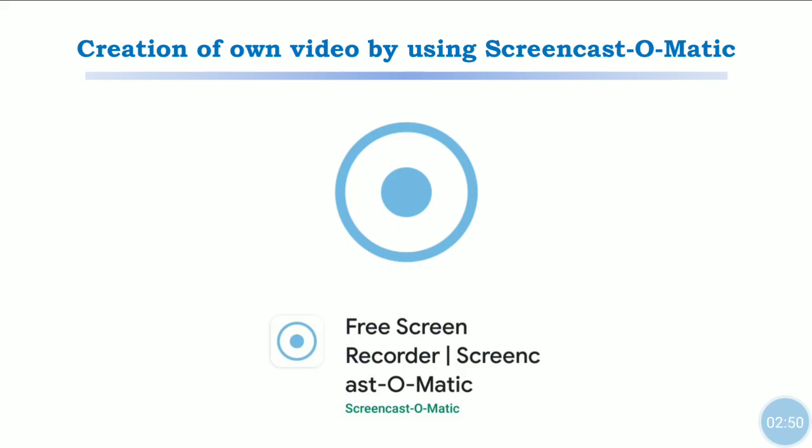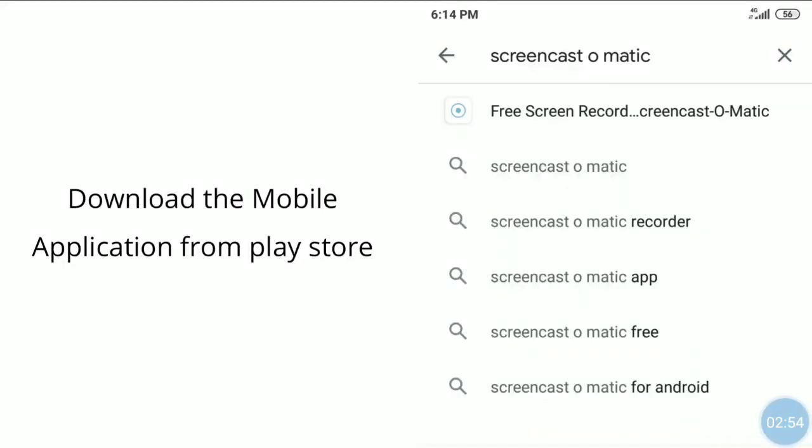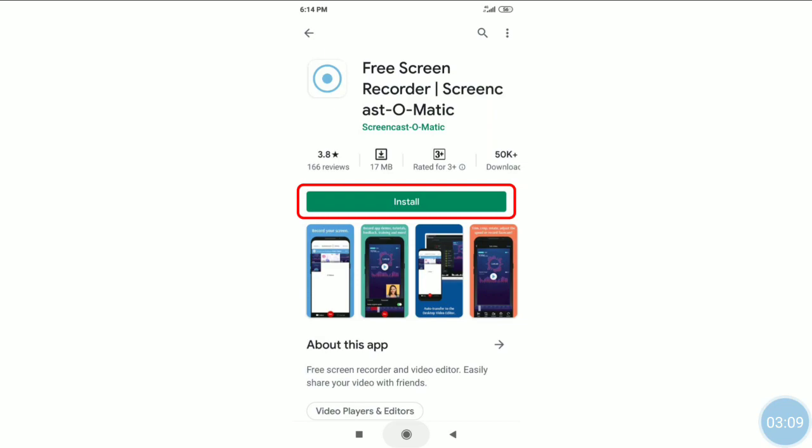You have to search for this application in your Play Store and download it by searching Screencast-O-Matic, and you will get it as the first search result, the free screen recorder Screencast-O-Matic. It looks like this. So just press on install.